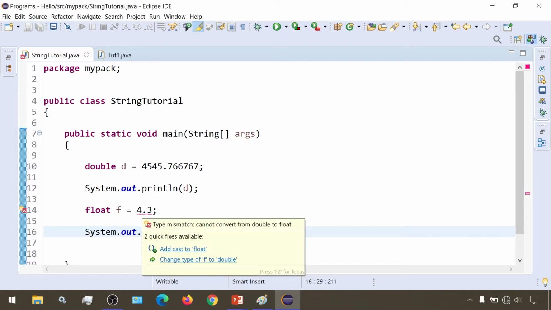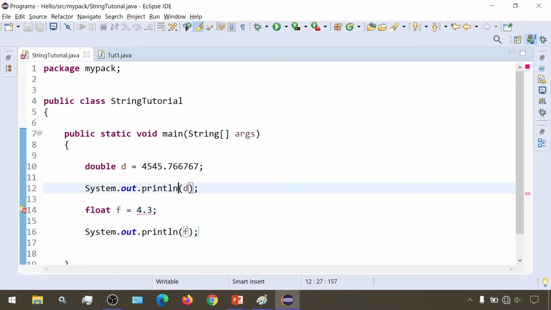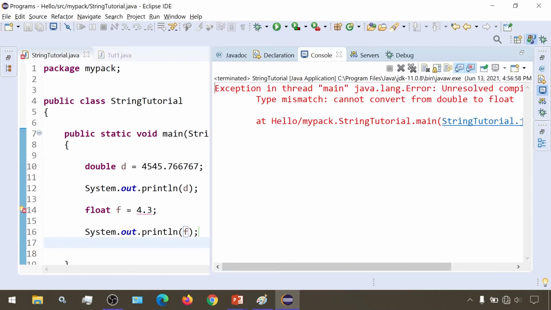Now if I run this, try to guess the output here, whether I will get both these statements printed or I will get an error. So now when I run this, I am getting this error.